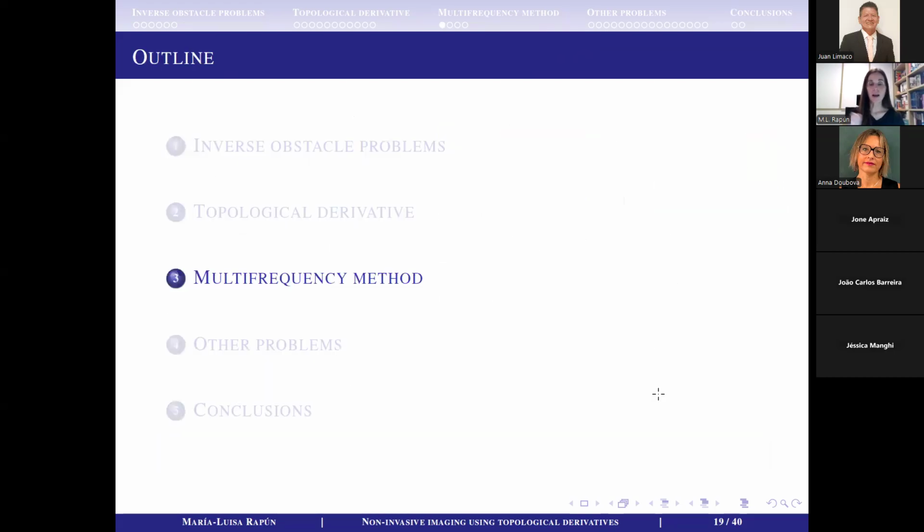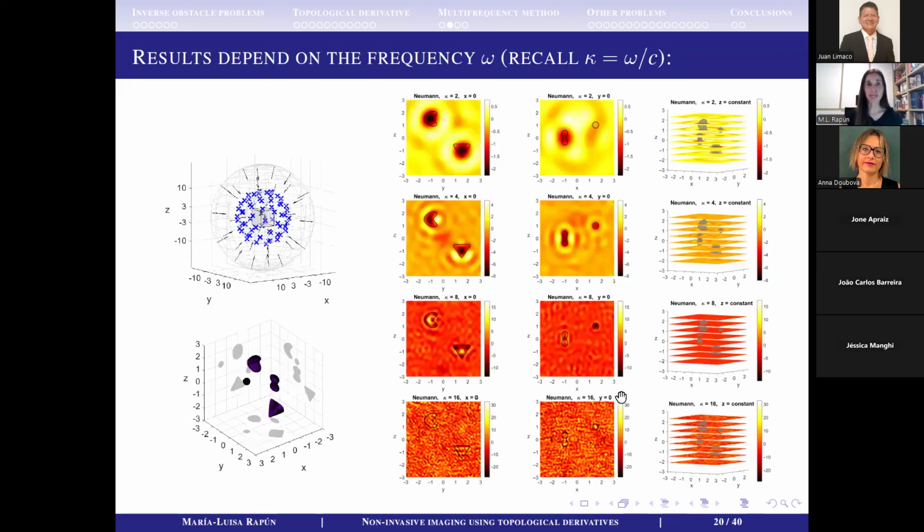Okay. Another way of improving shapes is just to consider data that come from different experiments. This means that in some examples in practice, you can not only produce excitement from one frequency, but you can also excite the medium at different frequencies. Then, in this case, it's interesting to combine results coming from some different experiments. So just to show you what happens depending on the frequency, the wave number is defined in terms of the excitation frequency and the velocity of